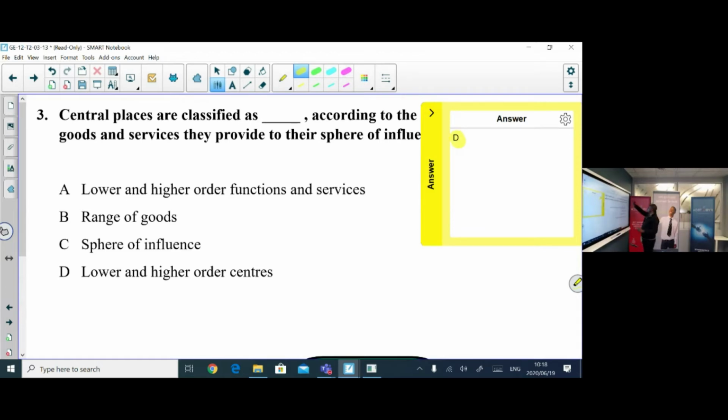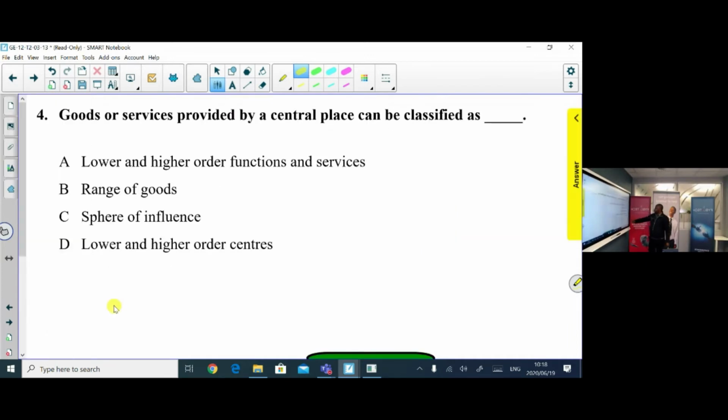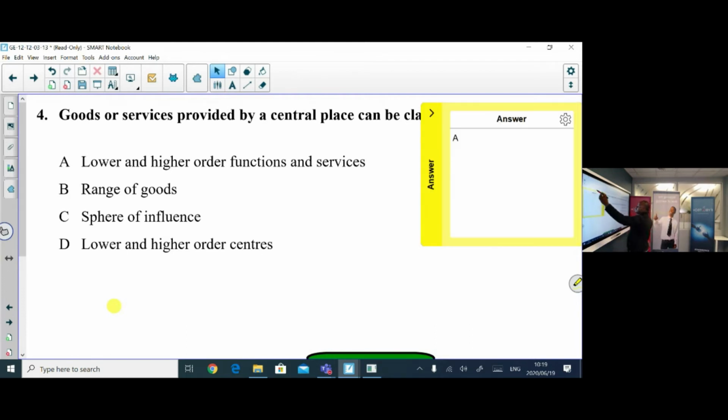And then we go to another question, which talks of goods or services provided by a central place and classified as lower and higher order functions and services. Then we go on